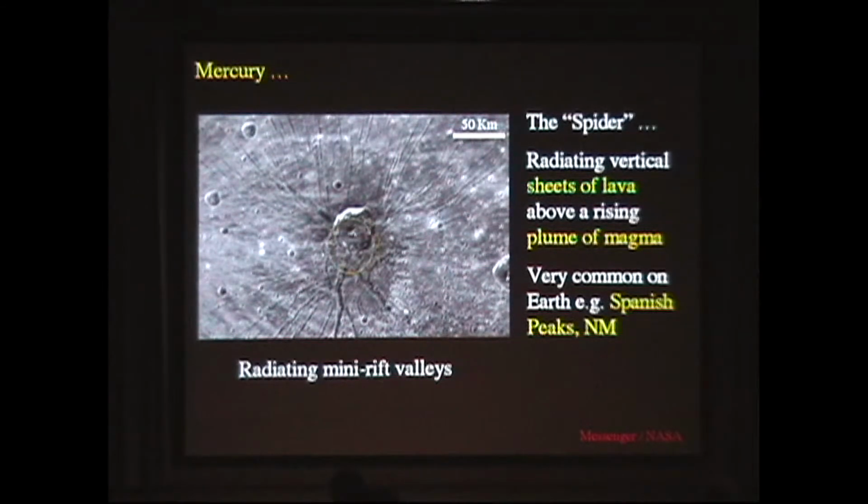Next one, please, Chris. But if you look, it's nothing of the kind. The crater itself is clearly off-center with respect to the radiating features, and it's clearly a late feature that formed after the radial fractures. So, okay, let's now look at this through geological eyes. Okay, we'll look at it through my eyes. Now, if you look carefully in the